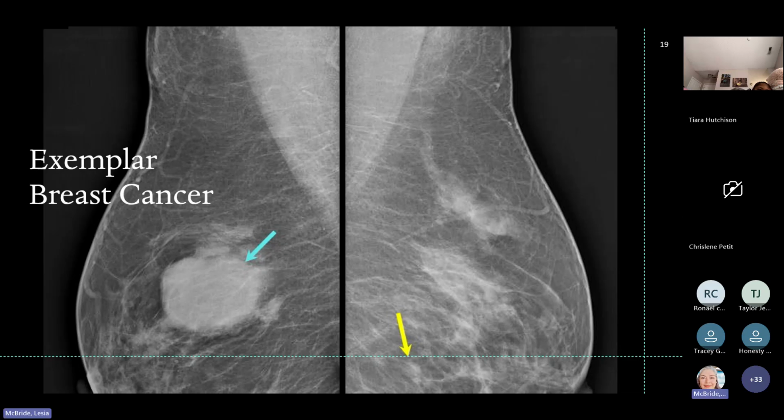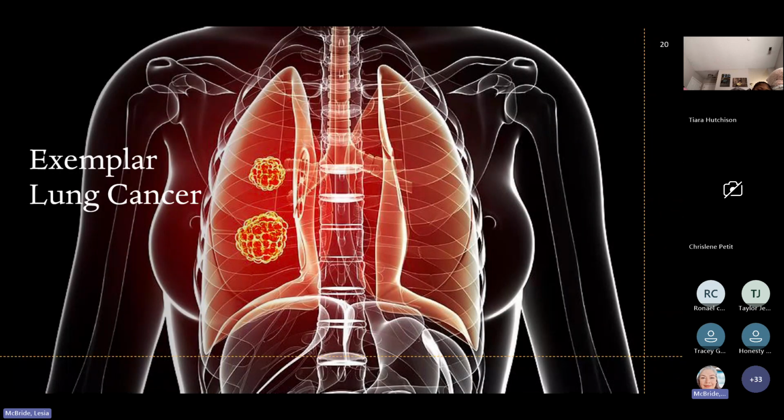Lung cancer. Lung cancer is the leading cause of cancer death of both men and women. So make note of that. If you were talking women alone, the most common would be breast. But if you're talking men and women, the highest incidence now is lung. That was not true in 1950 and 1960.